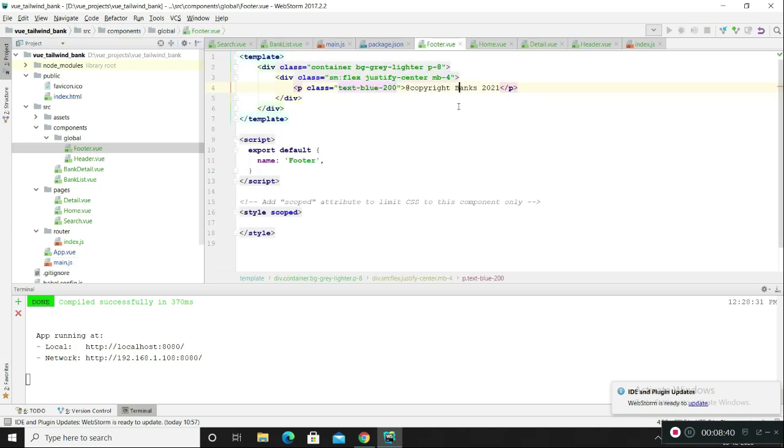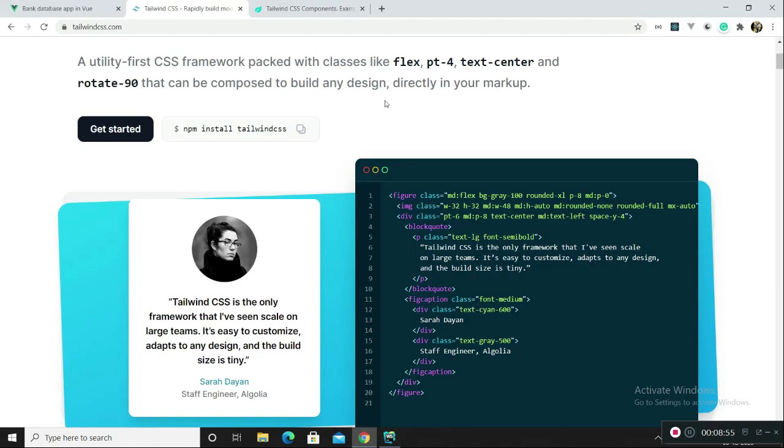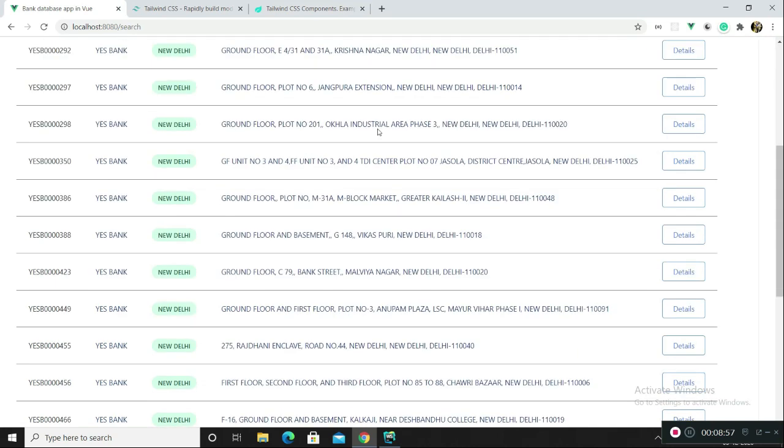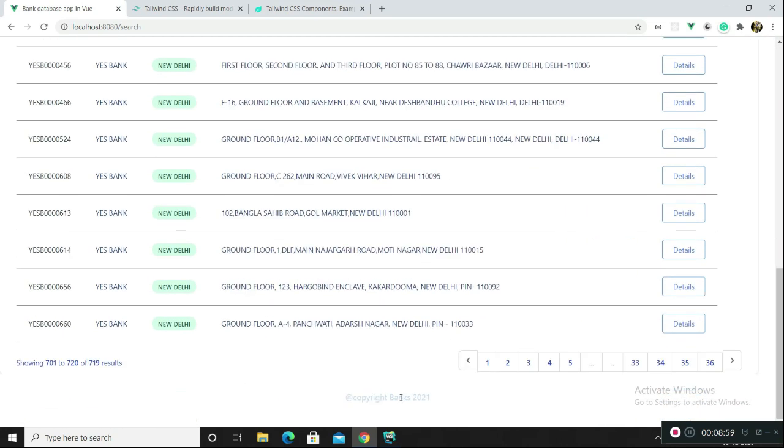Okay, so this is the text, copyright banks 2021, just a sample text, and this is the class. This is a coloring class which Tailwind CSS has for text coloring. So currently, as you can see, this text right here in the footer is light blue.